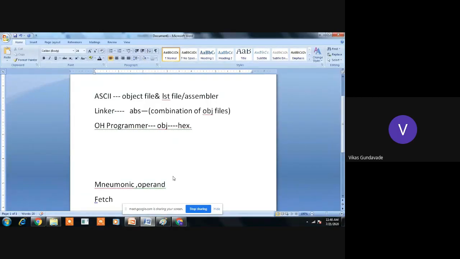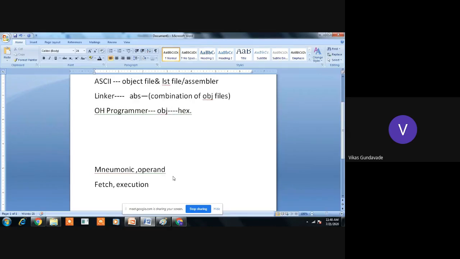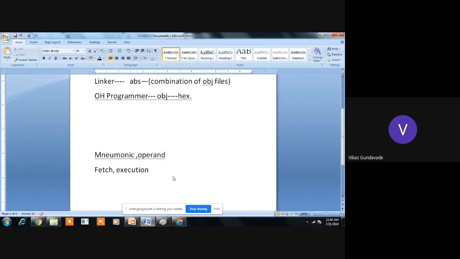So first the fetch, and then the execution of the instruction, or we can say, execute that instruction. In the fetching, first the instruction is decoded. So the microcontroller understands what the programmer wants to do, or what the instruction tells the microcontroller to do, by decoding that instruction. And after decoding, that instruction will get executed.